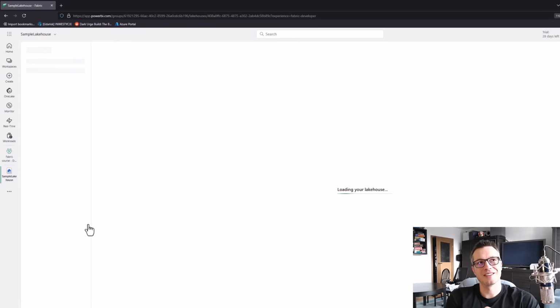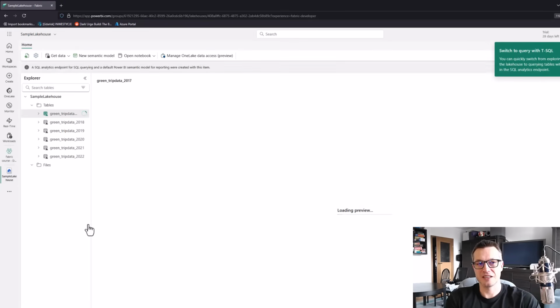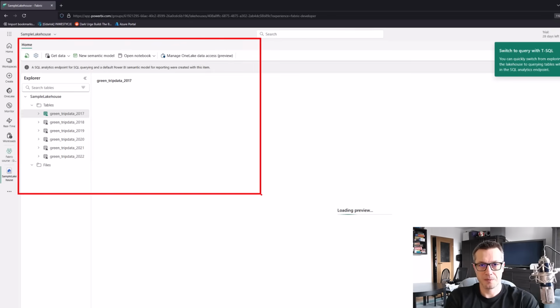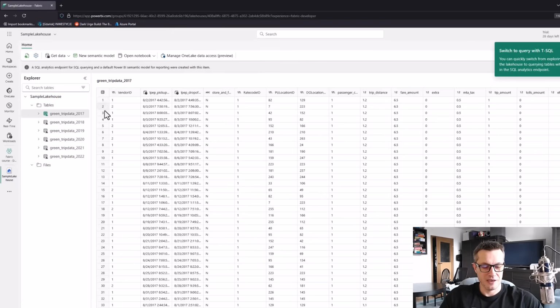And now let's ignore the fact that I didn't talk about lakehouses yet, right? You might not know what they are. At this moment, this is fine. I just want to show you that the UI changes because we chose this lakehouse. The UI changed, and now it displays various options that make sense in context of this lakehouse. That's the interface that we can use to create new stuff within the lakehouse. For example, here we can take a look at the preview of this green trip data table,